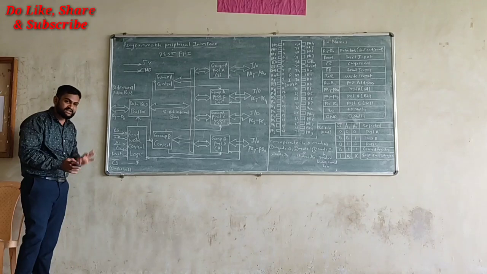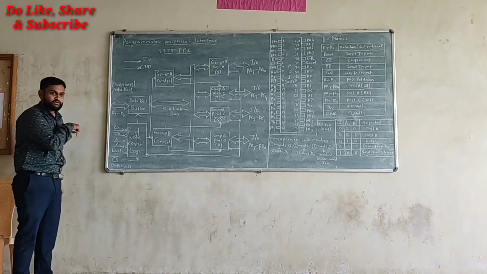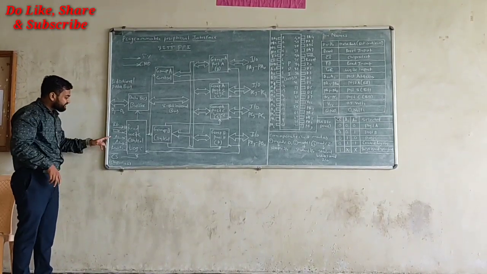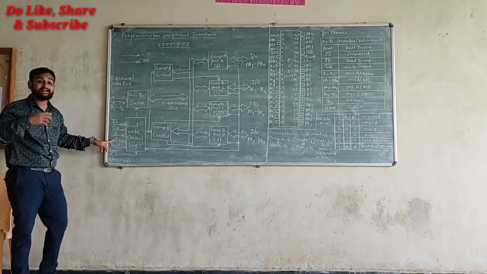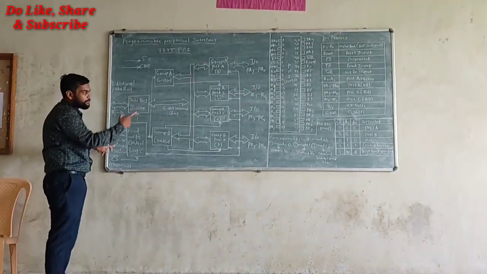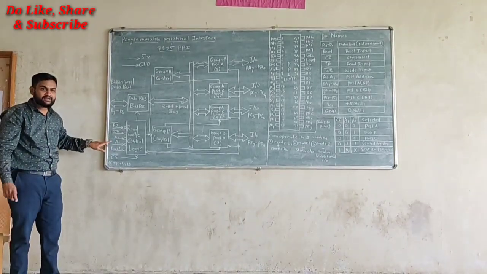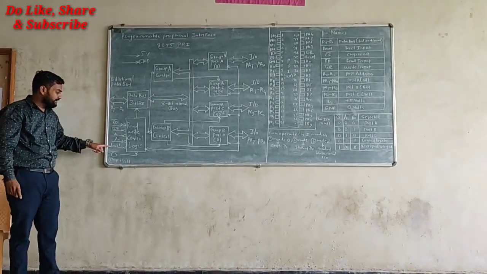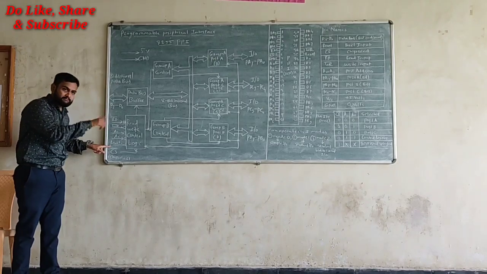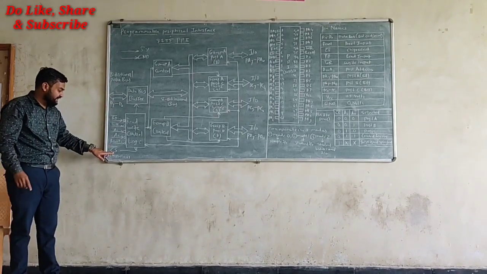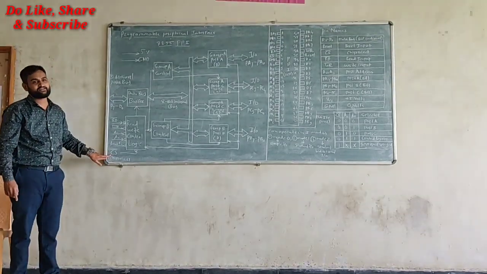We have multiple things here. RD stands for read, WR for write, and A0 and A1 are for addressing. Which exact port we have to select is ultimately decided by A1 and A0. Then we have a reset for resetting purposes, and then we have the CS signal, that is the chip select signal.